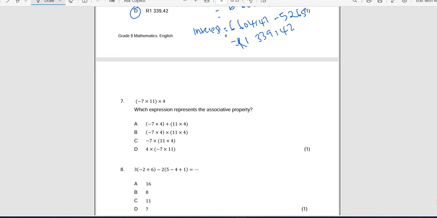What is associative property? Associative property is when three or more numbers are added or multiplied, the way the numbers are grouped does not change the final number. I hope you understand this. Like for an example, I'll